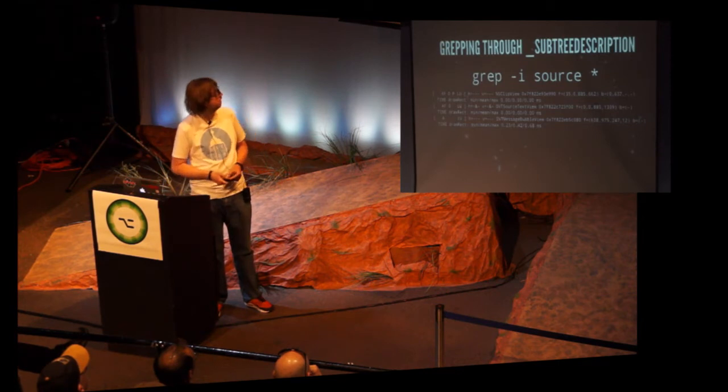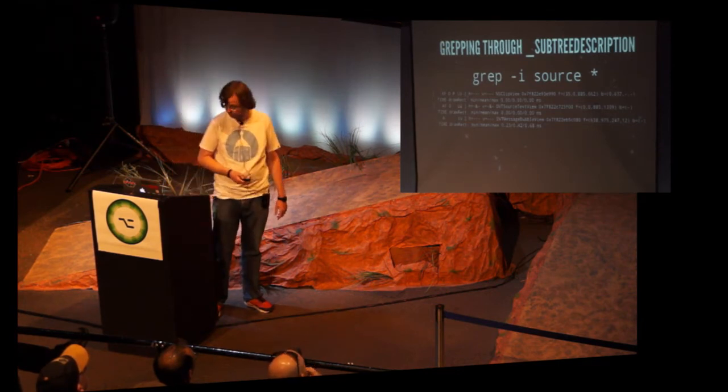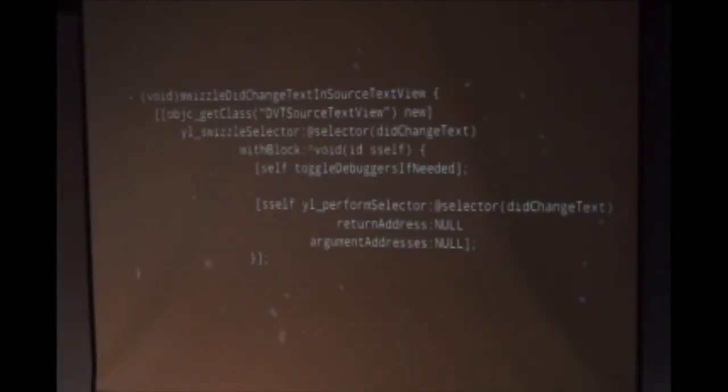What came up is DVTSourceTextView, and what that is, is just a normal NSTextView. What we are doing now is we want to do something when the user types. For that, we create this little snippet here, where the didChangeText method gets replaced with our own code in the block down there,